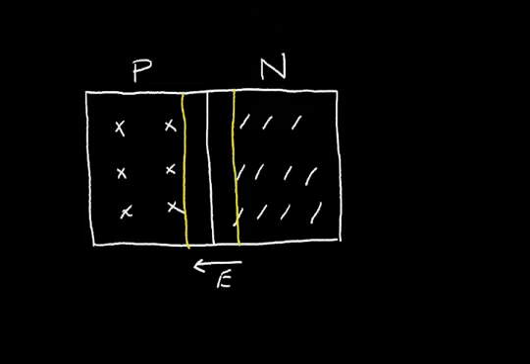Now I want to ask, what happens if we have a difference in concentration between these N and P regions? Let's say, for example, we have a high concentration of dopant for the N region. So we have a large surplus of electrons. But in the P region, we have a very low concentration